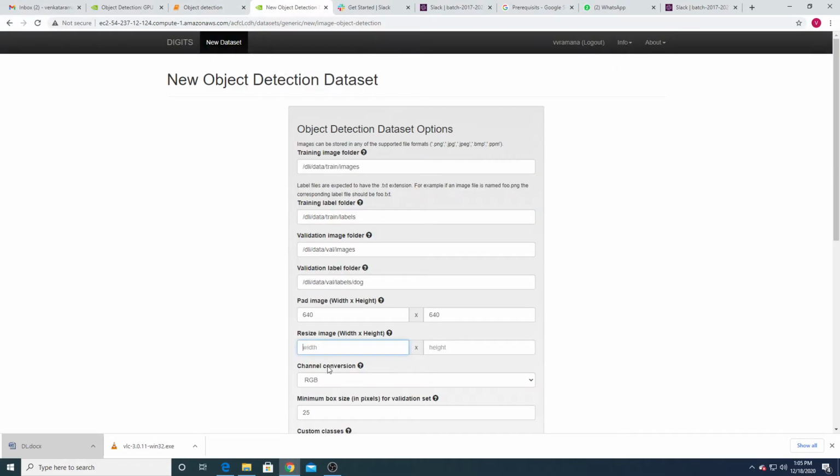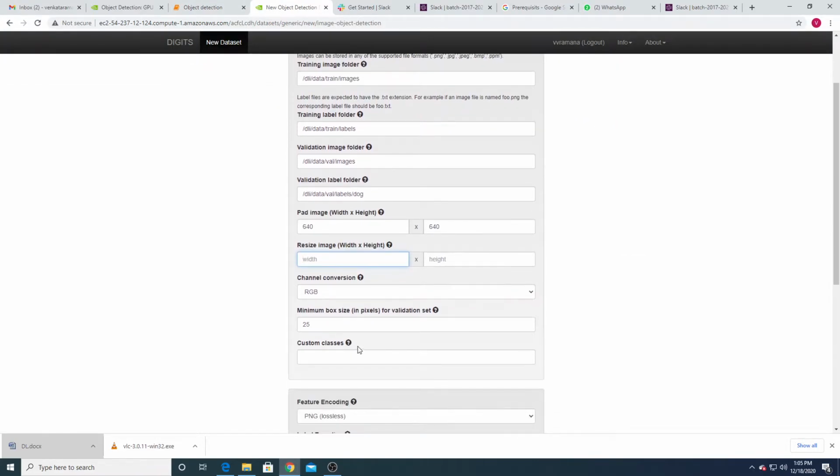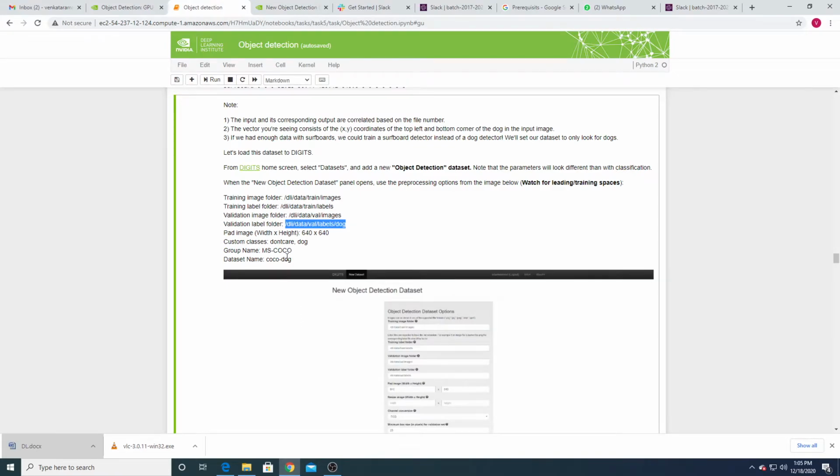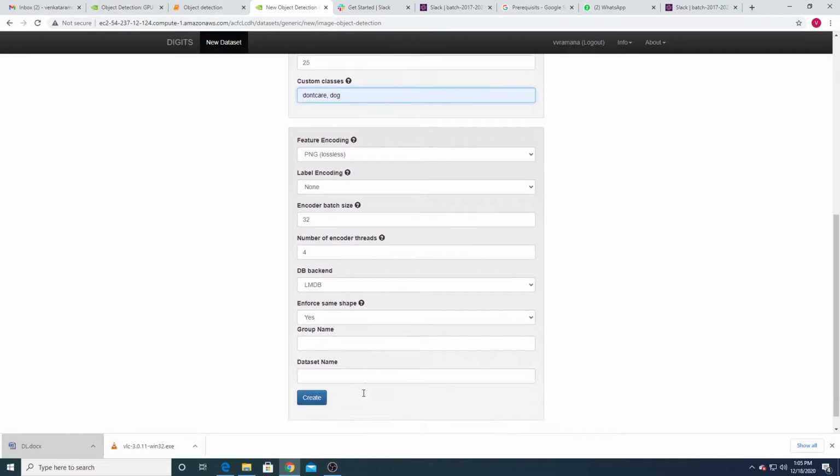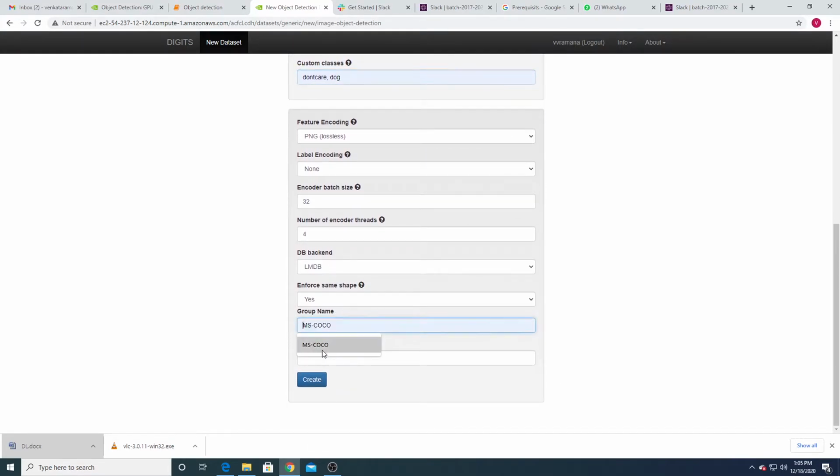Custom classes: don't care, dog. And the group name, you have to create a group name MS COCO. You have to create a data set, Coco dog.